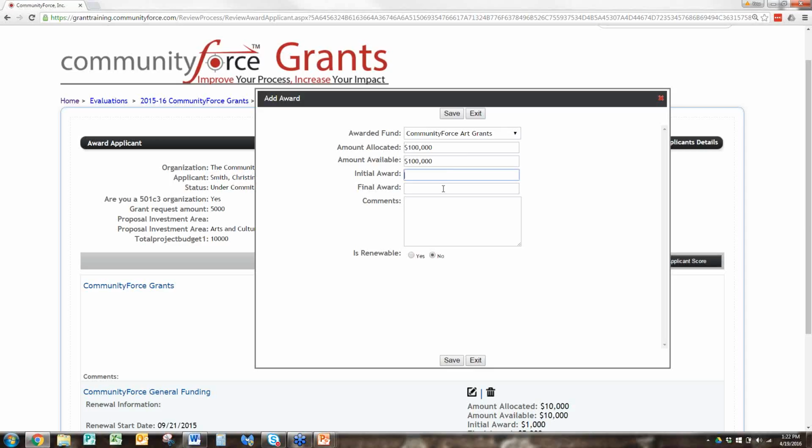So you'll notice here we have two fields, an initial award and a final award. This is the same when we get to the batch awards; you'll see these two columns, initial award and final award. Now, the initial award is used if you do not want applicants to see that they've been awarded prior to notifying them of the award, so you'll want to enter the amount in the initial award field